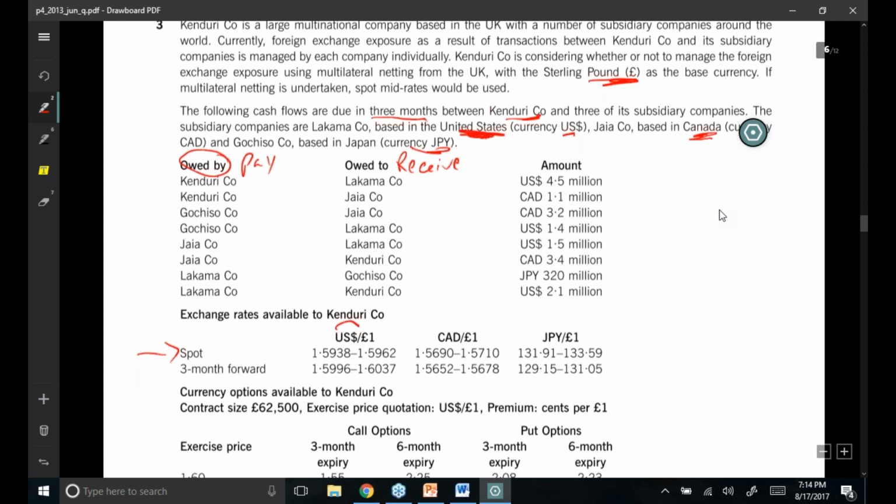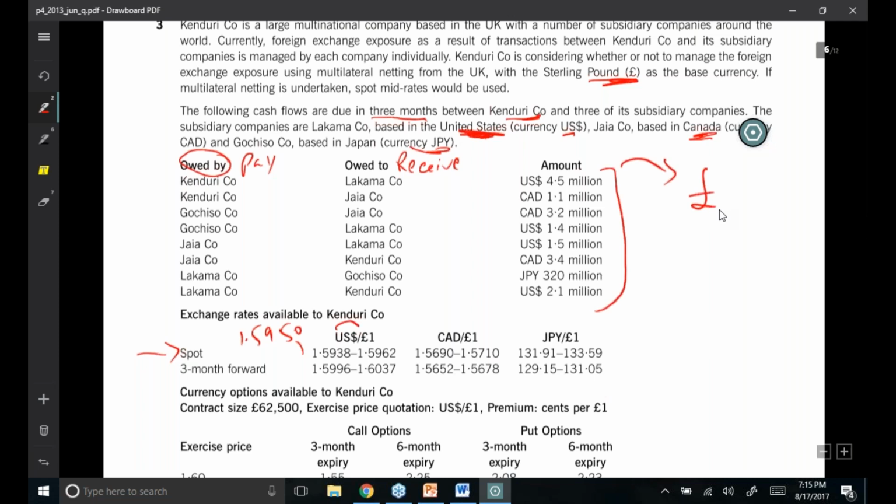Add 1.5938 plus 1.5962 divided by 2. It will be like 1.5950. Then add these two divided by 2. Then convert all of these different currency transactions into the pound. And then the next step will be